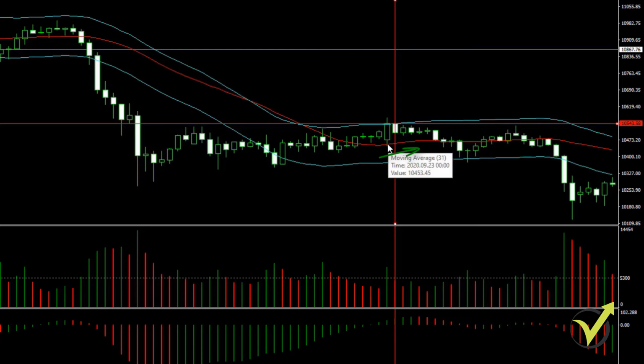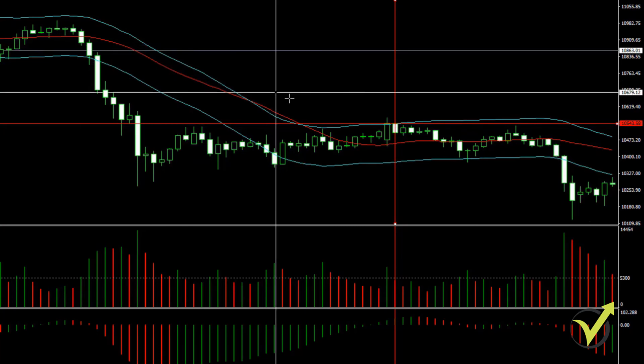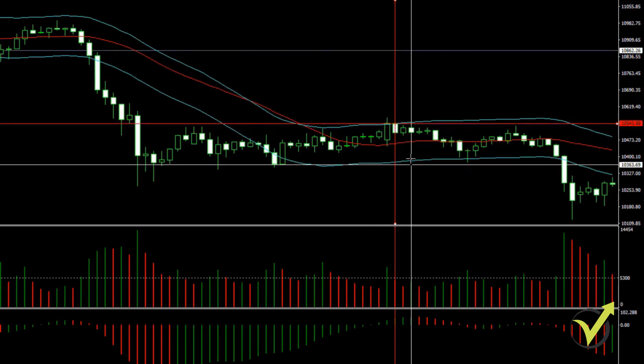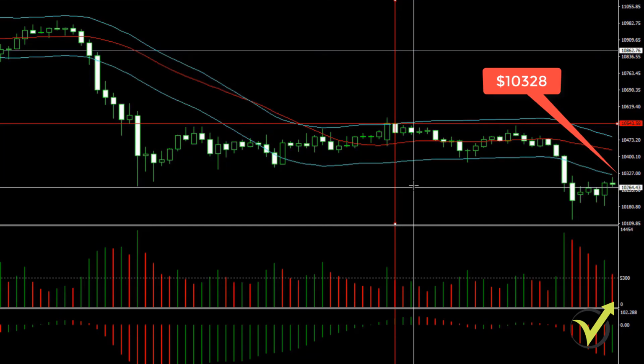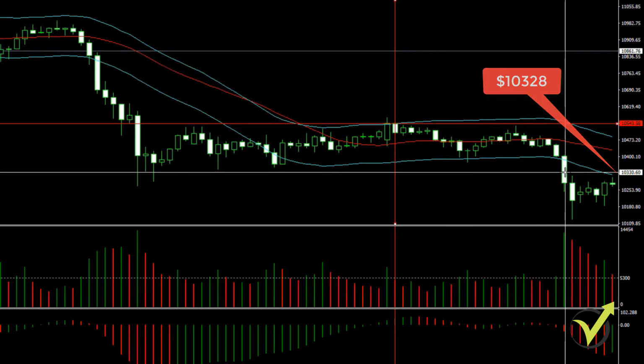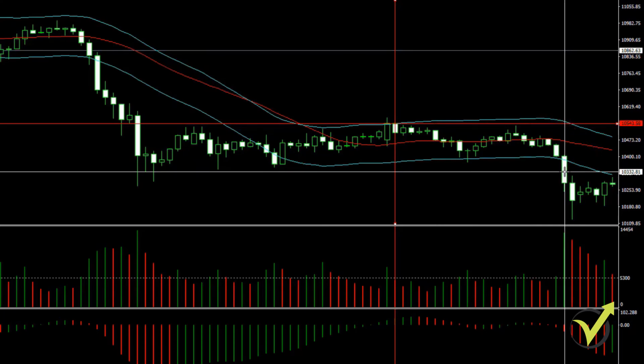And here it is rising. You can see the value 10,453. Here it is 10,460. So at this bar we are buying, but you see what happened after that? The price goes down and we would hit the stop loss. In this case it would be $215 lower, which is at 10,328. Where is it? Somewhere here. Yep, right here. Here we will have the stop loss.